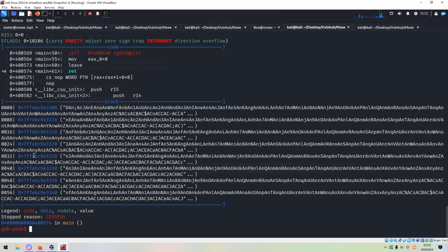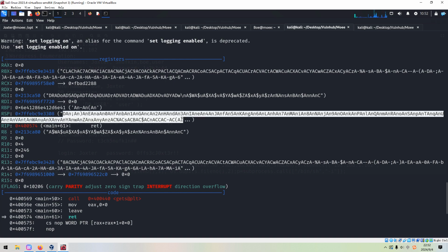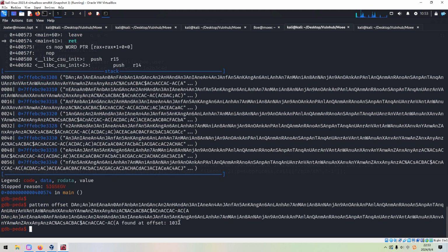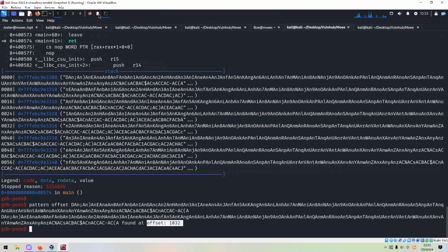As you can see, we need to get the EIP, and we can copy. We need to calculate the offset, so the pwndbg plugin is very useful. Offset, and paste over here. As you can see, we got the offset number, and we can copy.